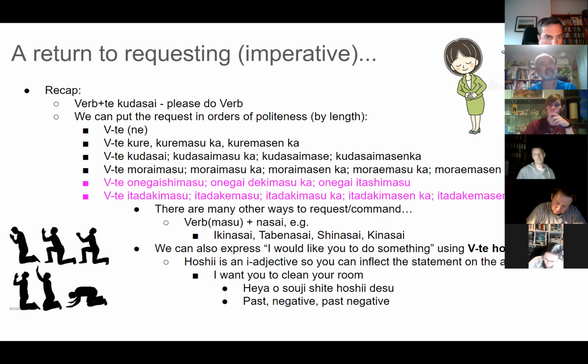You can use this actually, but if you're using the verb te hoshii, let me just grab the screen a second, because this is a little bit more complex than I was previously thinking. This is an added part of the lesson, guys, so don't worry too much. Okay. Tokyo ni ikitai desu. Everybody knows what this means, right?